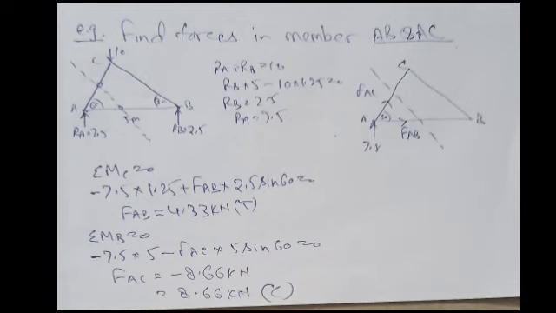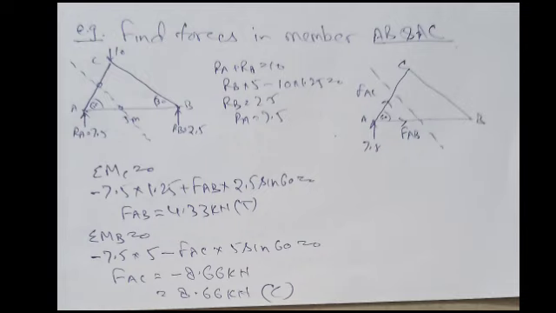Now similarly, you can see that FAB is going towards point B. So if we take moment about point B, the moment of FAB will be 0 and we will get the value of FAC. So in this way we have to identify the points about which we can take moment so that the moment of one force will be 0. So we will take moment about point C and moment about point B. Now take moment about point C.